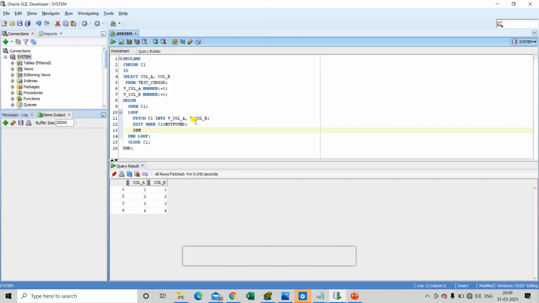If that condition is not true, then we will execute the next commands that I am writing here. In this line I will be printing the values.